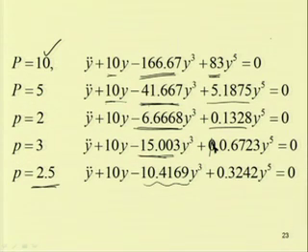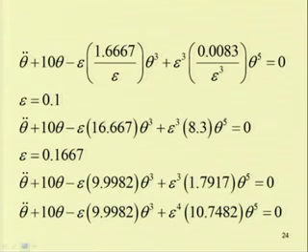Okay. So now we have a different type of equation. We have seen how, by taking different values of p, we can control the coefficient and get different equations. So let us use another form. The same equation, theta double dot plus tan theta minus 1.6667 theta cube plus 0.0083 theta to the power 5, can be written in this form also.